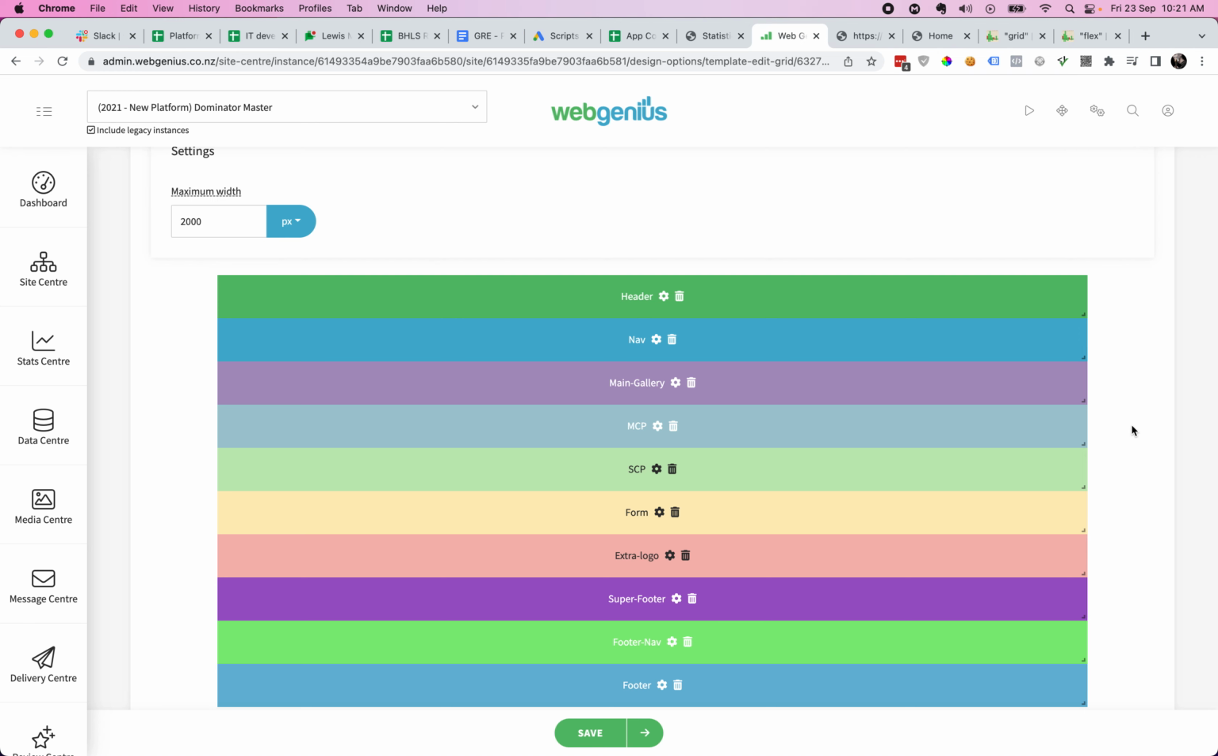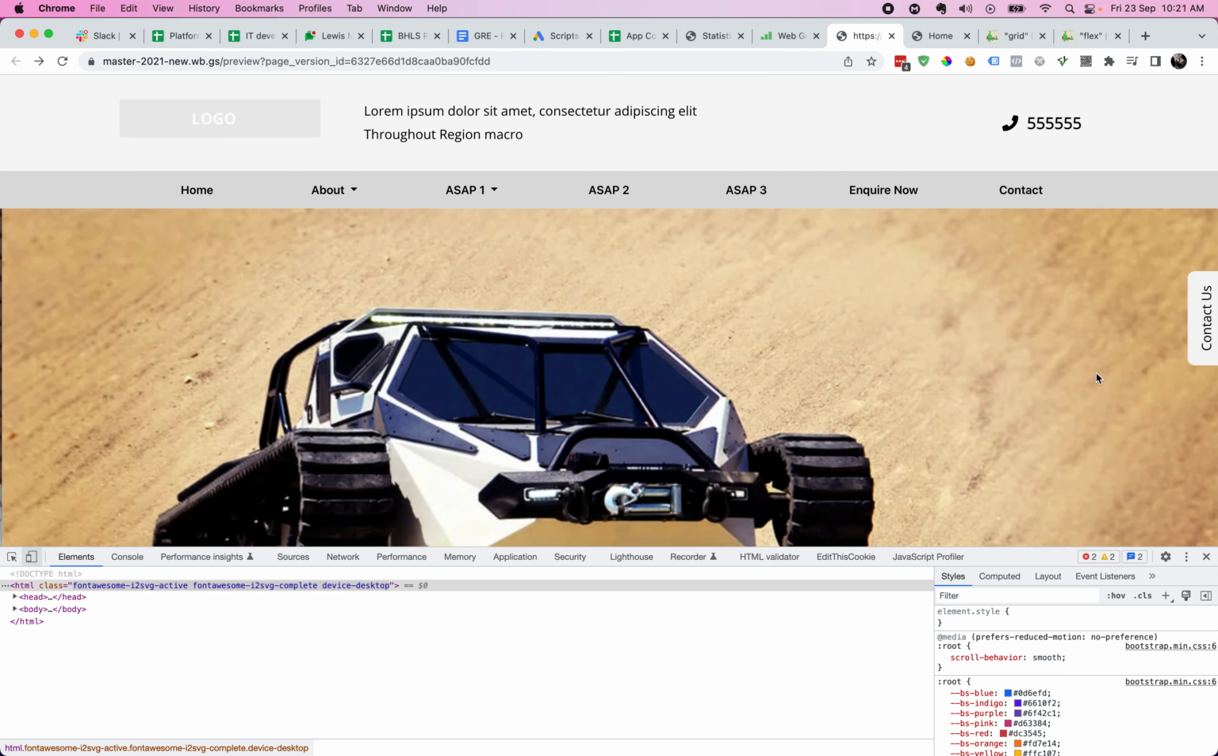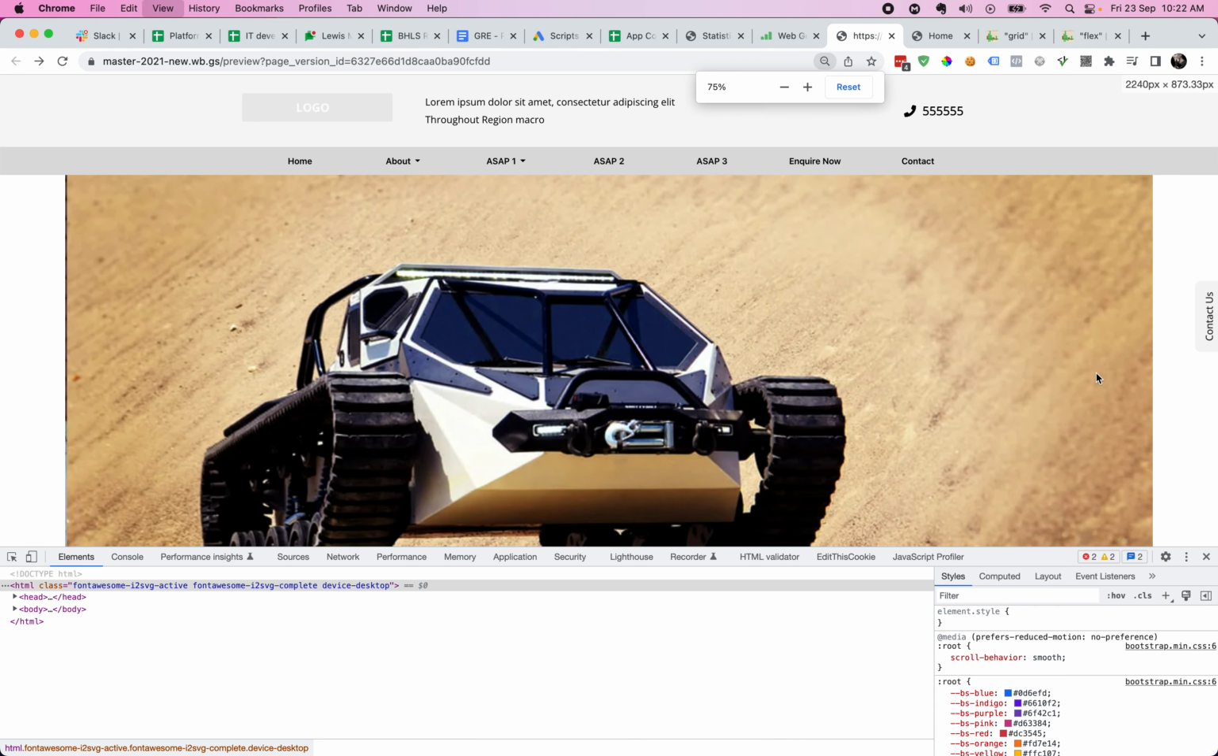The main difference between this and the old template builder is that we automatically have wrapper elements applied around every sector. The old template builder had the ability to nest sectors, as in a sector inside another sector, but we only ever really used that for this wrapper concept. For those of you who are unaware, a wrapper is something, if I just zoom the whole page out,